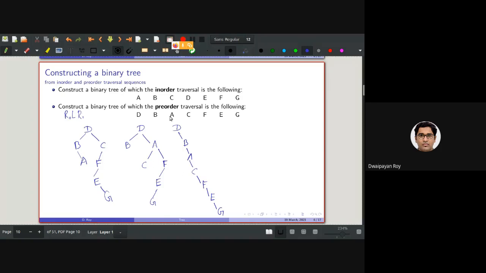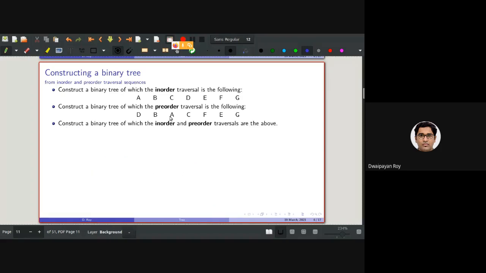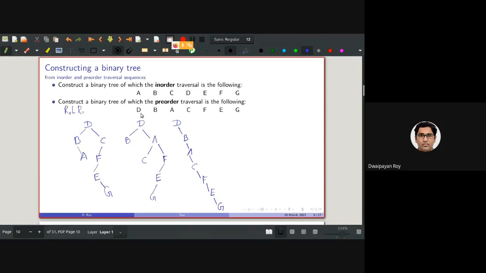Everyone with me? All right. What if we are given the in-order traversal as well as the pre-order traversal? Oh, one other thing, this is also true if we are given only the post-order traversal.